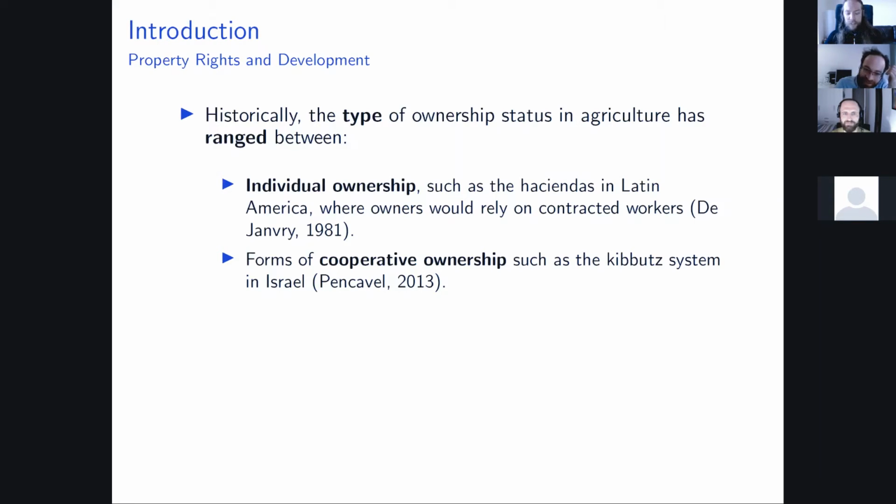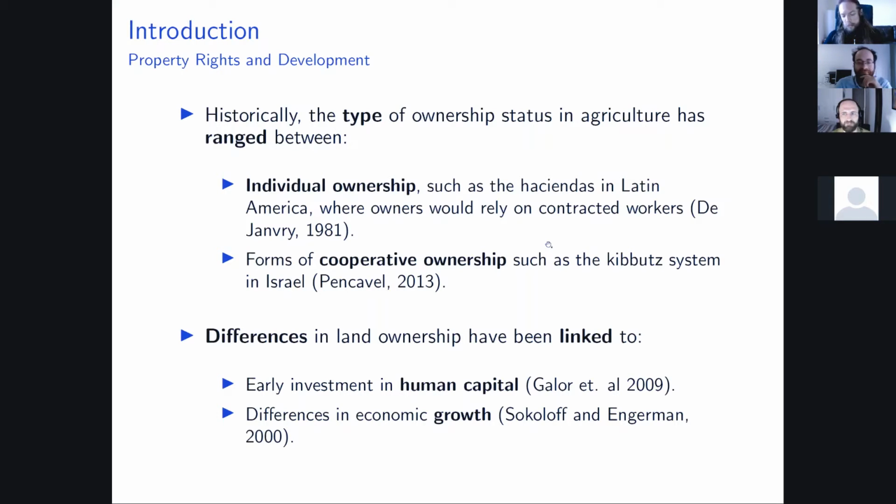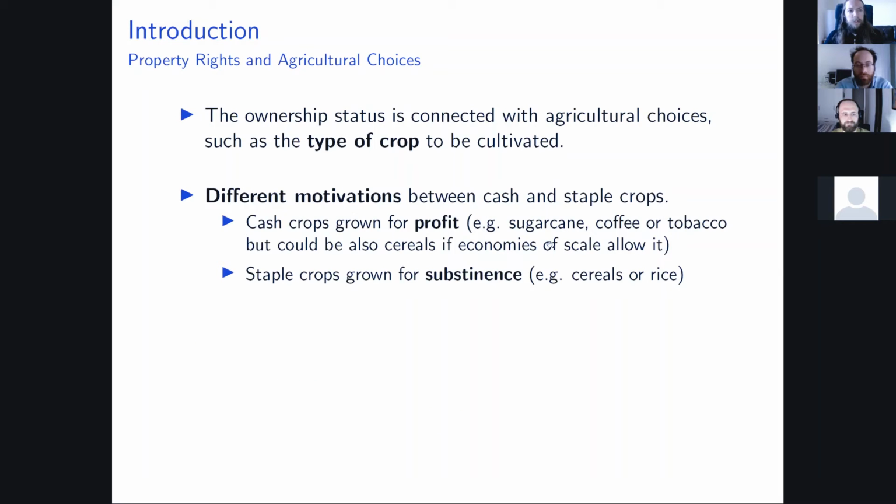So again, there's been two types of ownership status in general, historically, individual and cooperative ownership. And in general, differences in land ownership have been linked to early investment in human capital and differences in economic growth. This is much more of a general introduction, but obviously there's been much more theoretical rather than empirical work into how the ownership status is connected with agricultural choices, and specifically how it impacts the choice